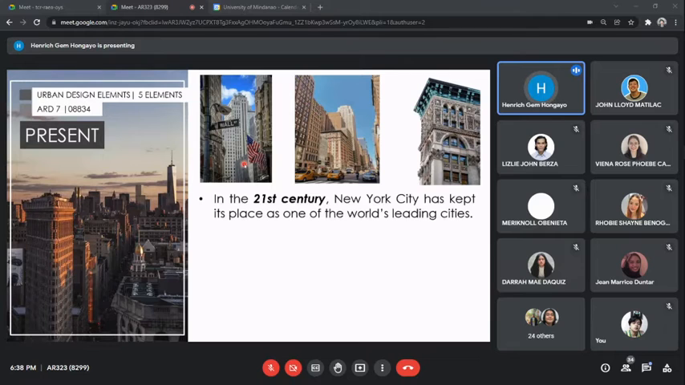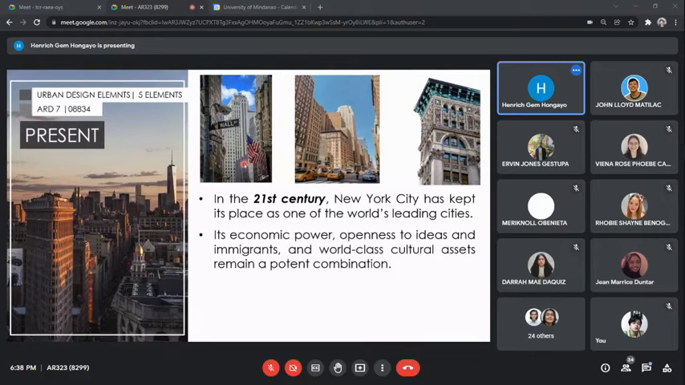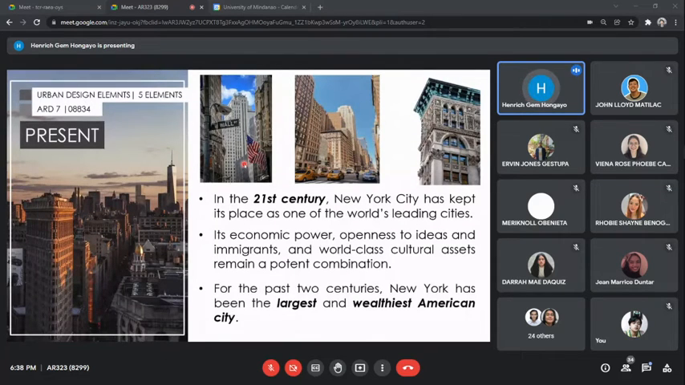In the 21st century, New York has kept its place as one of the world's leading cities. Its economic power, openness to ideas and immigrants, and world-class cultural assets remain a potent combination. For the last 2 centuries, New York has been the largest and wealthiest American city. So you have here your Wall Street,